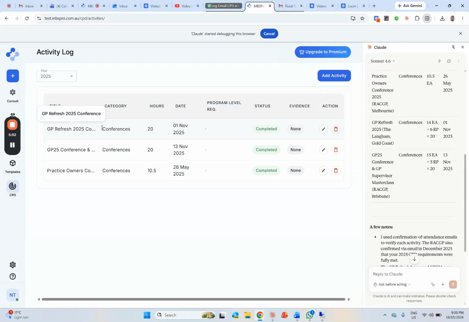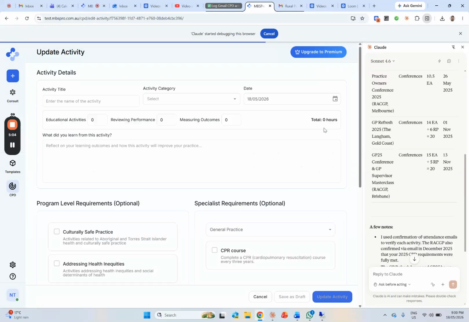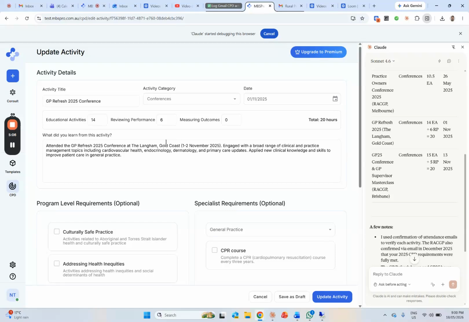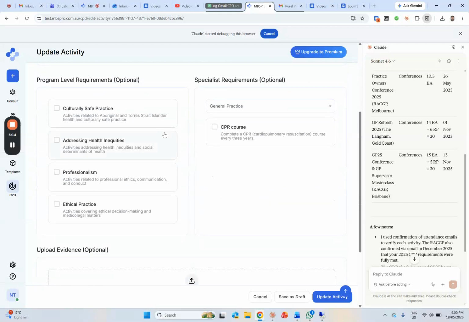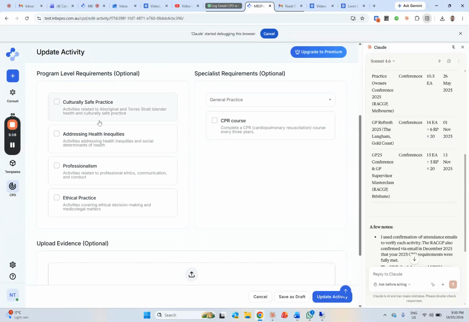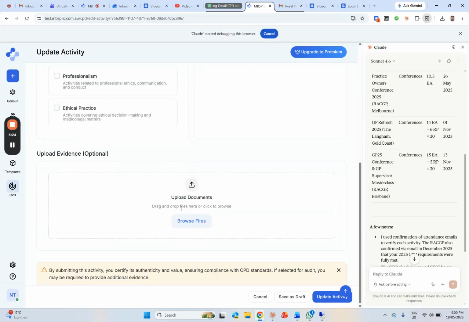So let's go into an activity. Let's edit one and see what it's done. So it's talking about how we attended a GP refresh conference, which is cool. We learned about these things, applied clinical knowledge. That specific thing didn't really cover culturally safe practice, because that's what it wasn't designed to do, and that's fine. In terms of uploading a file, it didn't really do that, but I suppose it has looked at